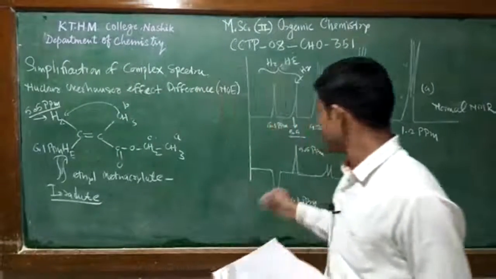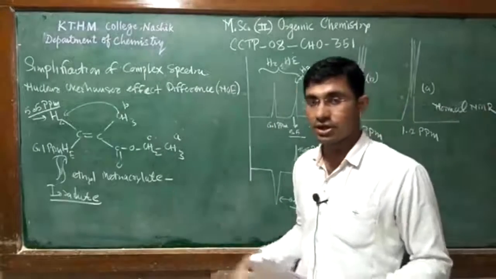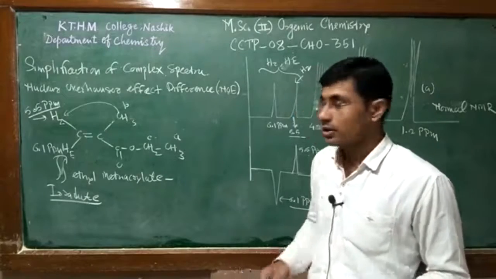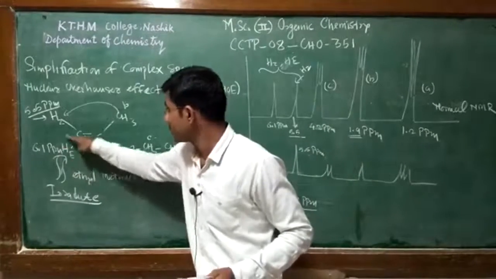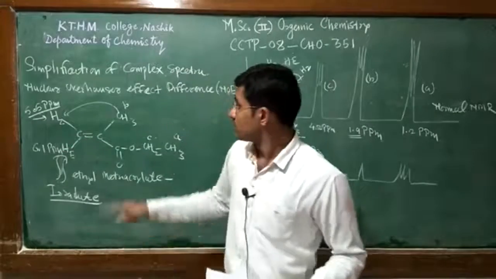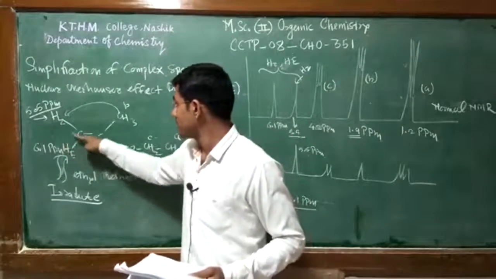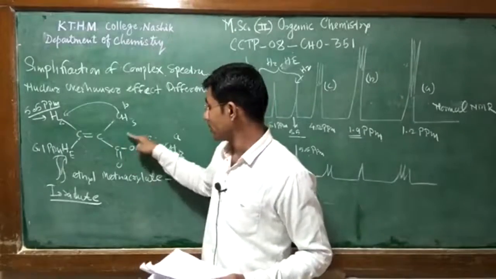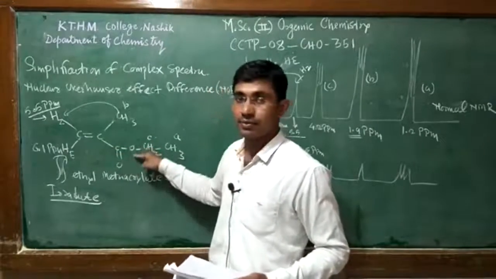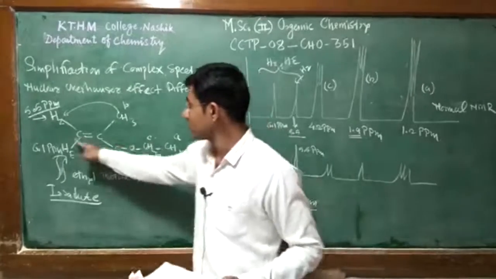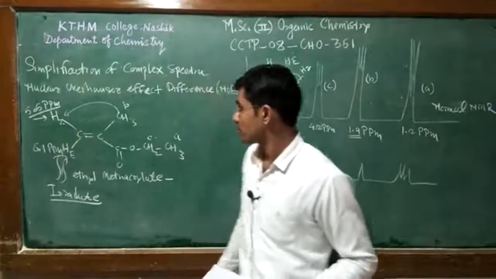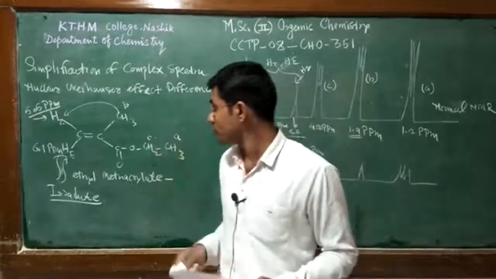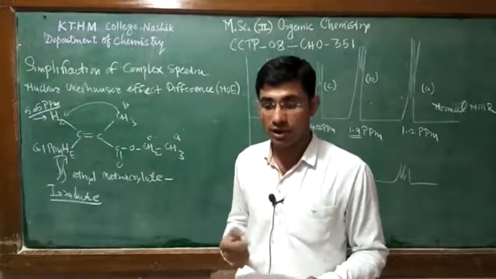In this way, we can easily distinguish the protons with the help of the nuclear Overhauser effect. Also, this He proton is deshielded by the carbonyl group through space, the diamagnetic anisotropic effect of the carbonyl group, so the He proton is downfield. But with the help of the NOE method, we can easily distinguish this proton.